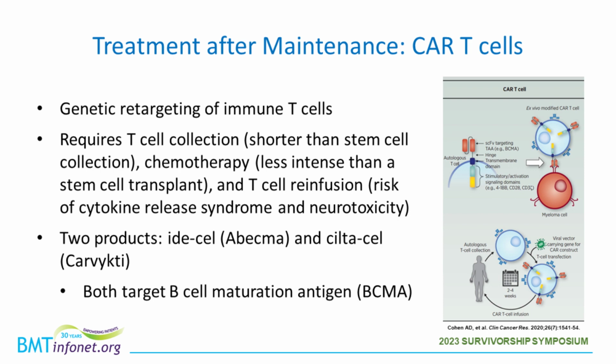This treatment called chimeric antigen receptor, or CAR T cells, involves genetic retargeting of immune T cells. It does require a T cell collection, and this whole process often looks to people a lot like a stem cell transplant, but ends up being both, I think, overall easier to go through and very different in how it works. But it does require a T cell collection, usually shorter than stem cell collection, some chemotherapy, although in general